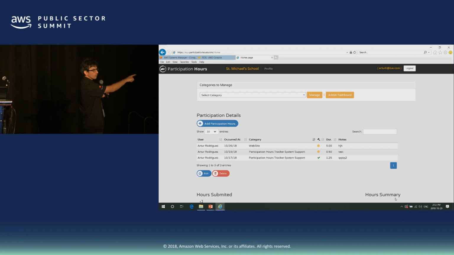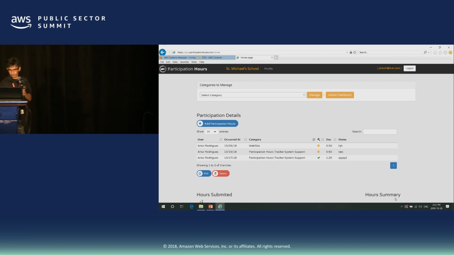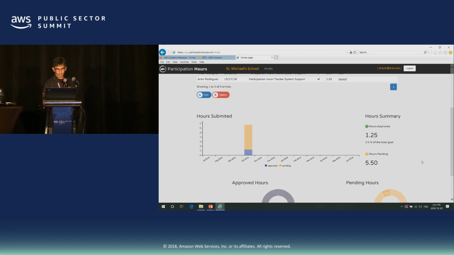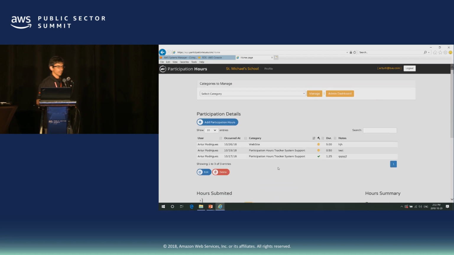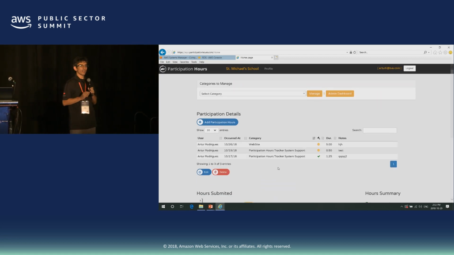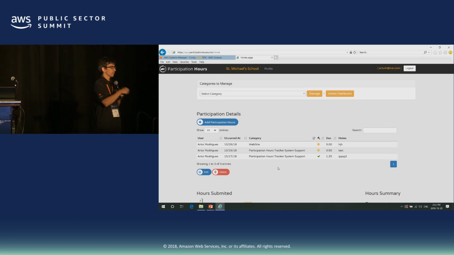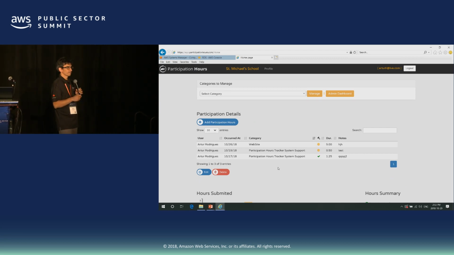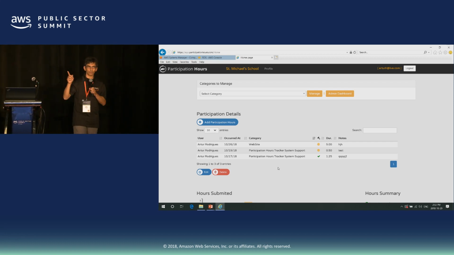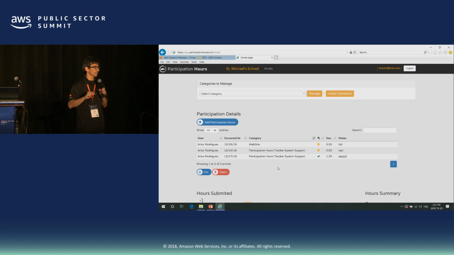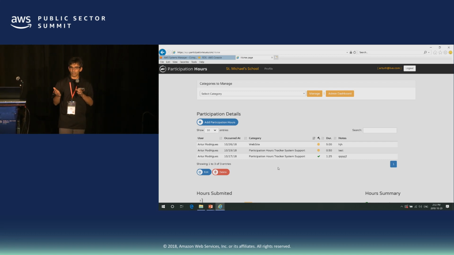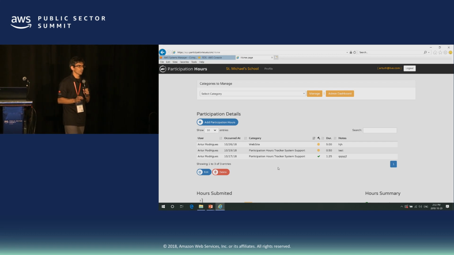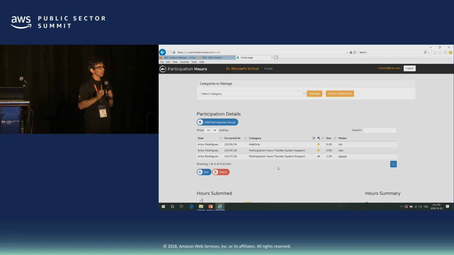And then you can see it's a nice look and feel, isn't it? So I have a table. I have a chart. And then what if I tell you that I don't have a single server running in that application? Would you believe me? What if I tell you that the web server is running on Lambda functions? So a Lambda function is what we call serverless computing on AWS. So my web server, the guys you're seeing right here, is completely serverless. The only server that I have is a SQL database, because that information comes from a SQL database.